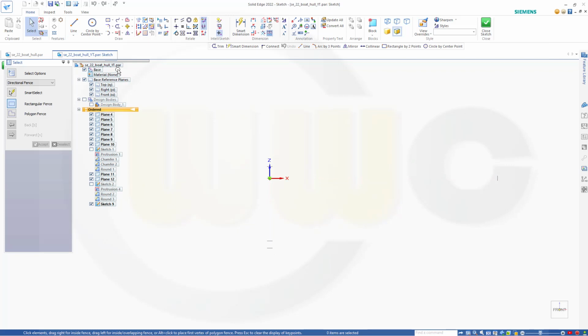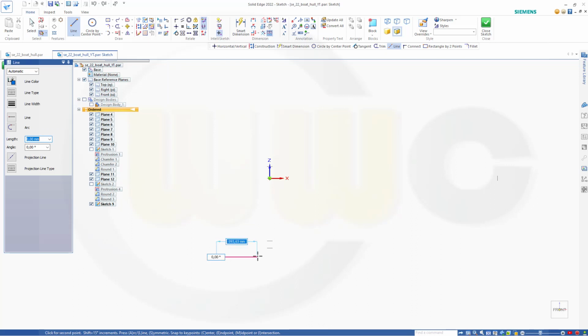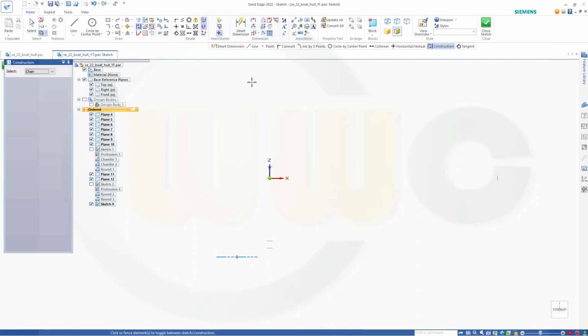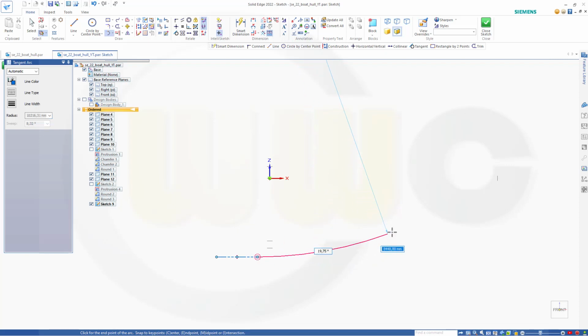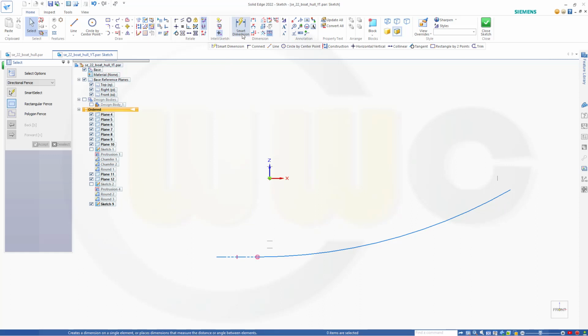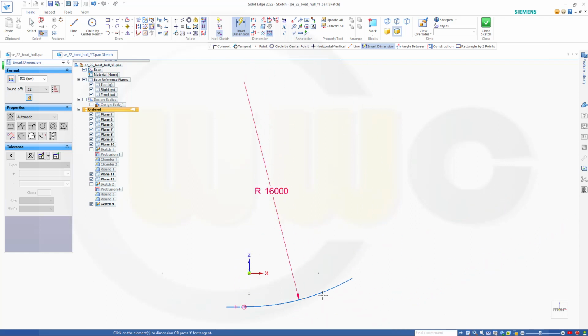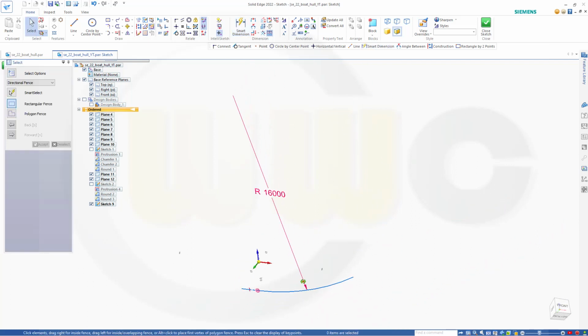So how to proceed? I will need a line. Let's start with a line here, make it for construction only, and then add a tangent arc. Should start here and then go somewhere over there, maybe like this. Okay, that radius should be 16,000. Great. And sorry,